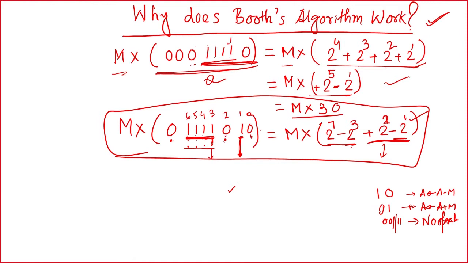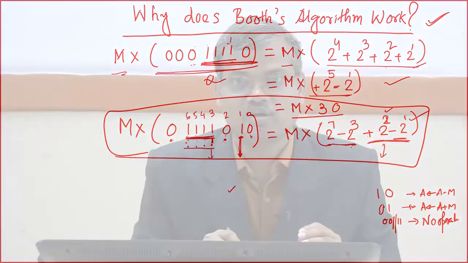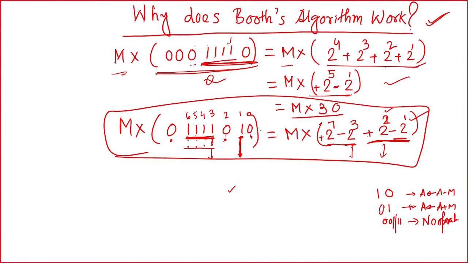Now, whenever we get 1 0, we need to add, and that is why we do plus 2 to the power 2. Next is 1 1, where we are not doing any operation, but we are moving to the left side. As I said, moving to the left means we are multiplying by 2. So, we move here, and then again we get the value 1 0. 1 0 means again we have to add, so we are adding here 2 to the power 7. In between, I think I missed this one. This one is nothing but 0 1, so then we have to subtract it, that is minus 2 to the power 3. So, that is why this algorithm is working.